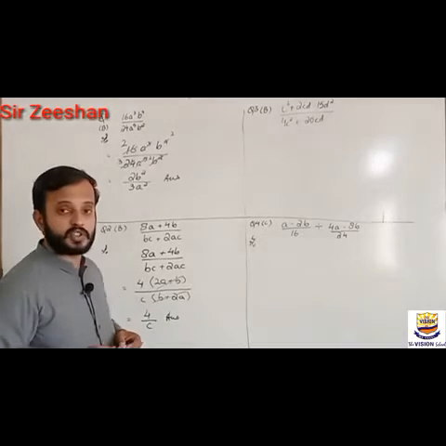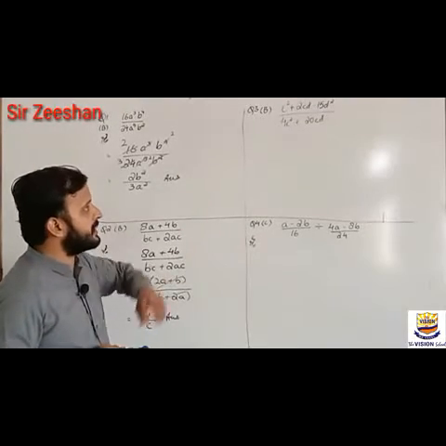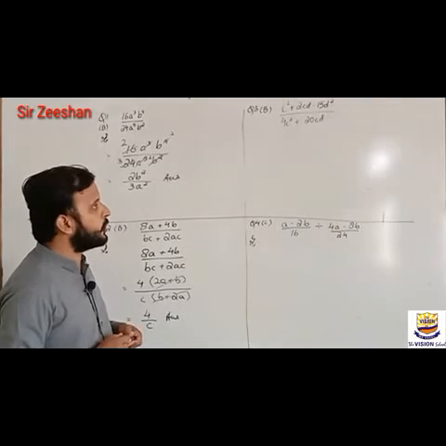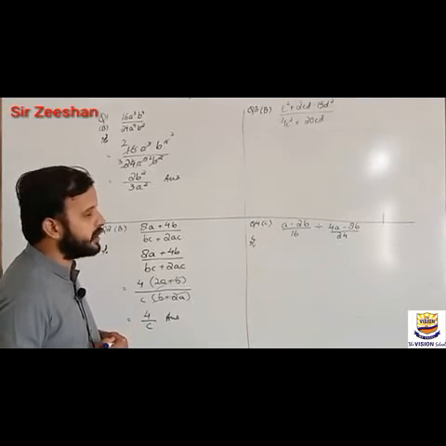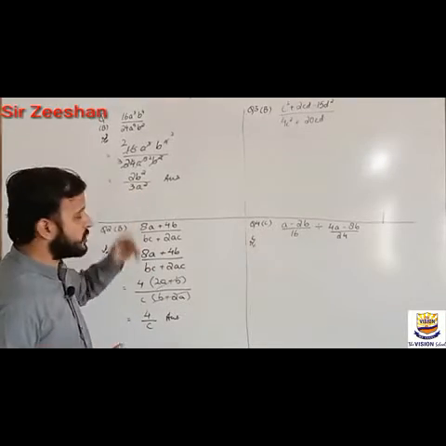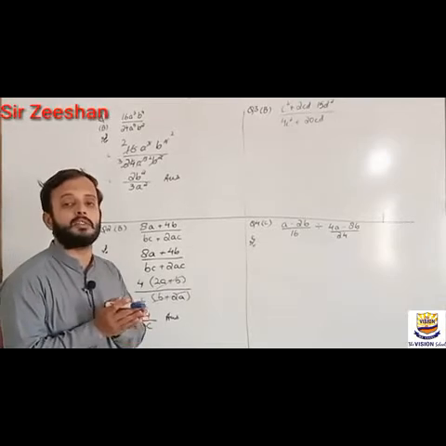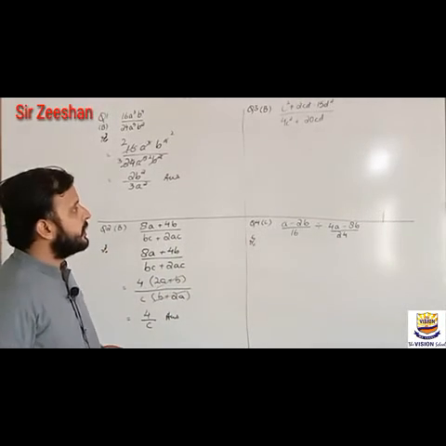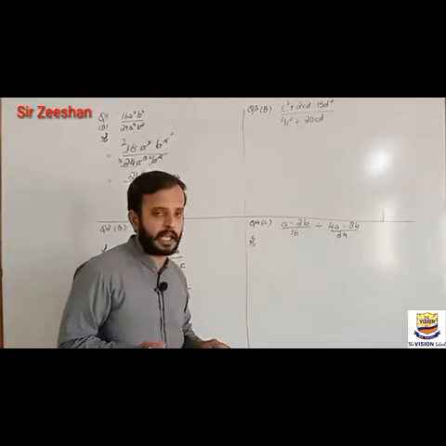Let's move towards question number 3, and I have taken part B, that is c square plus 2cd minus 15d square upon 4c square plus 20cd. As I told you in the first question, there was no plus or minus sign, but we are having one now. So let's see if we can apply any formula.